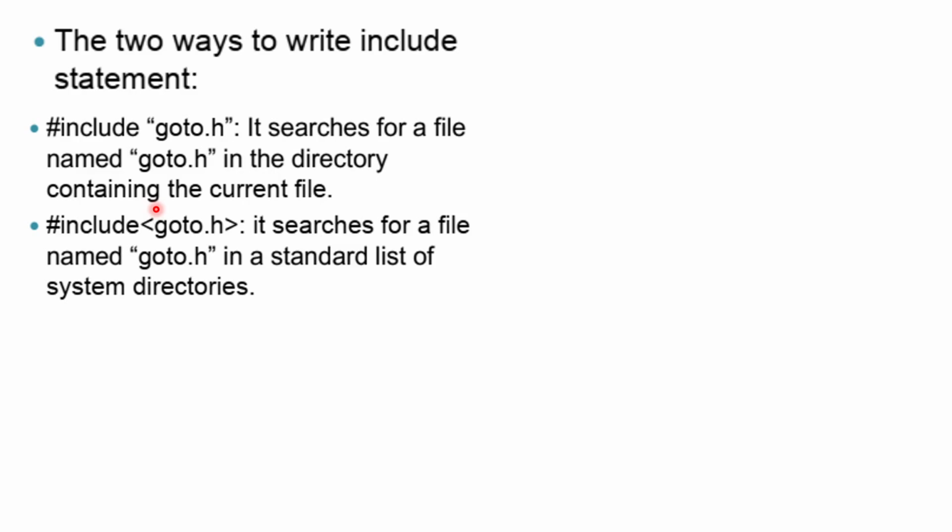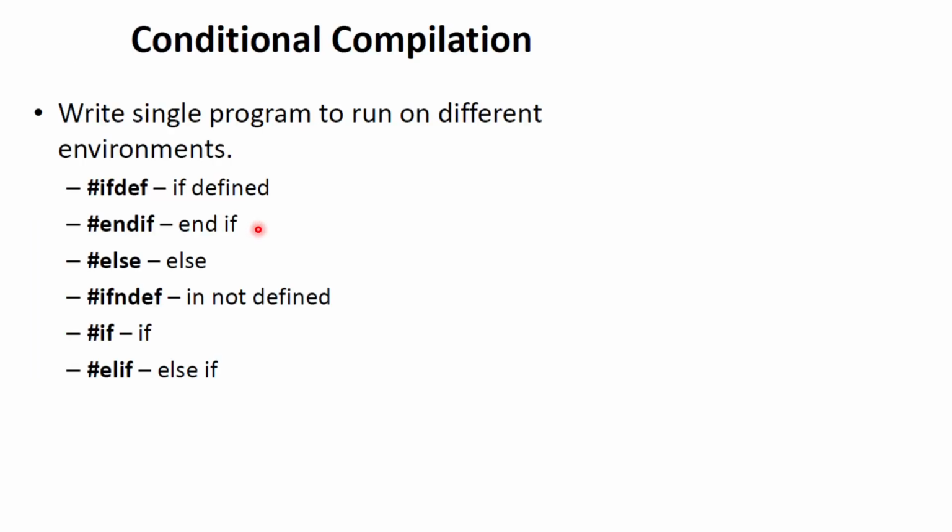But when you use your own header files that you have created, you have to think about this carefully. If you keep the header file that you have created within the current directory and then use angular brackets, you will get an error. Because with angular brackets, the compiler assumes the file is present in the header file directory. It will not search the current directory, and if you don't put it in the header file directory, you will get the error. So this is the only difference. Okay, now let's come back.